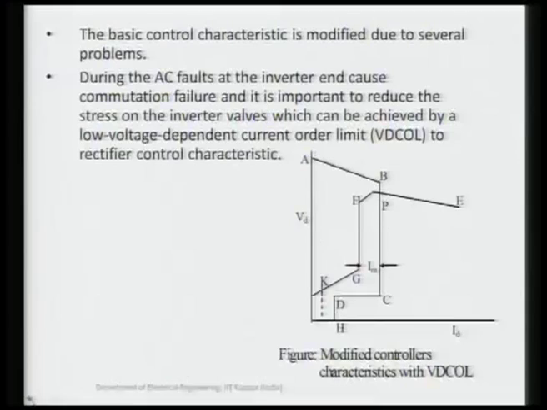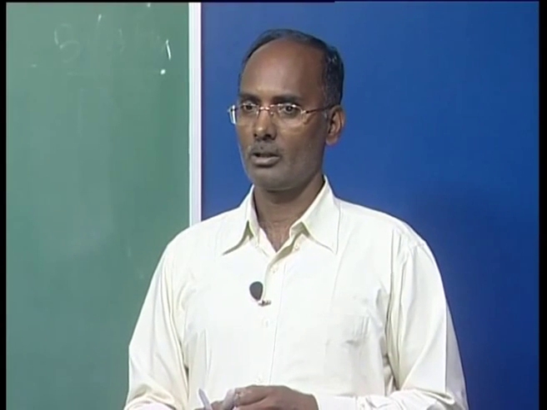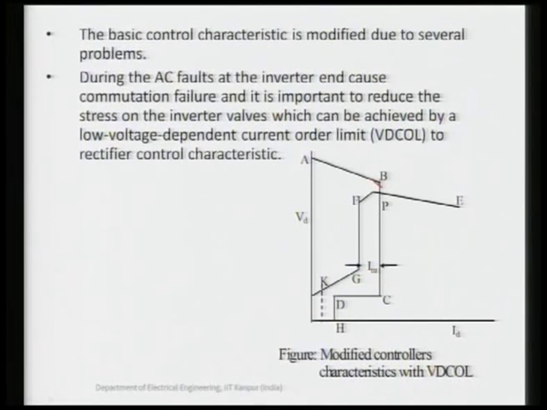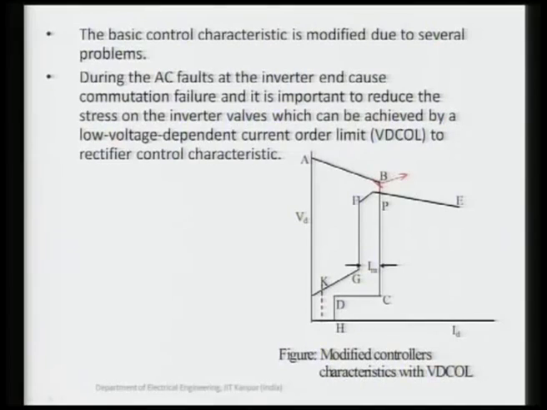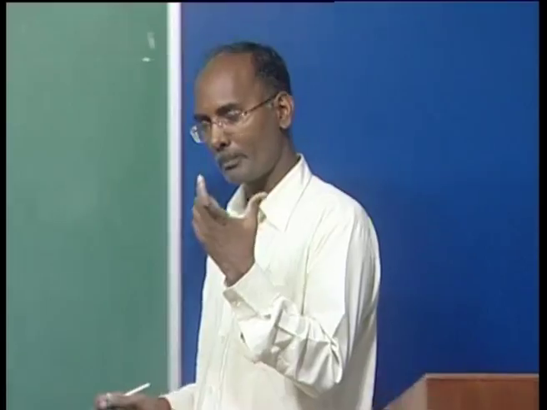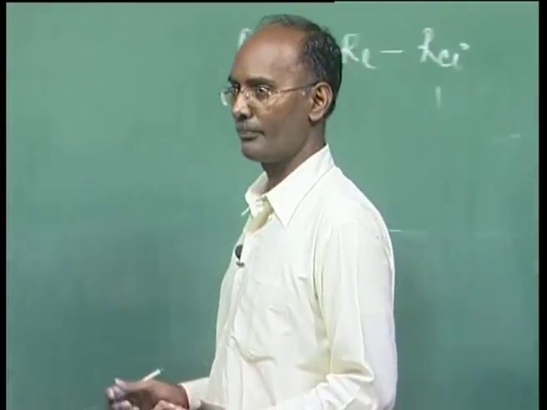Even though, with sharp corners it is sometimes very risky at the D point, B point here. Now people are still changing this characteristic with some constant here, because whenever there is a sharp corner, there is a sudden change. So to avoid this, another characteristic is used. We put in some circuit, some controller, in such a way that we introduce more slope at the corner than alpha, and this characteristic is changed. Basically, this is used in the practical HVDC link controllers.